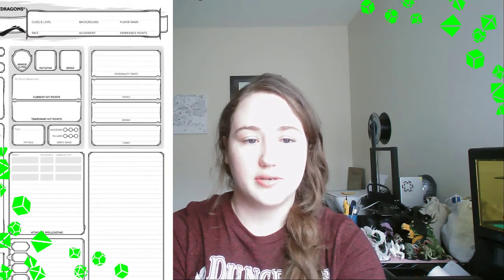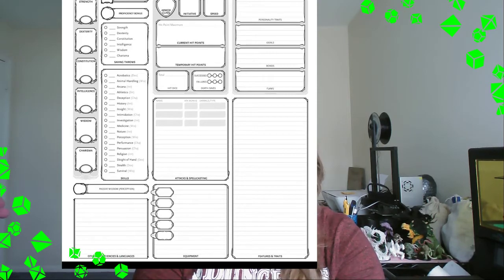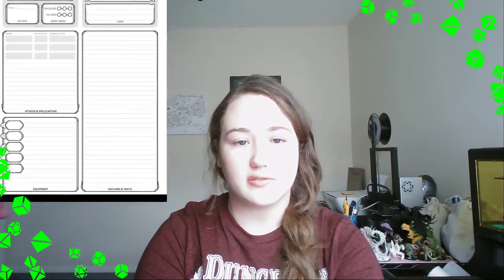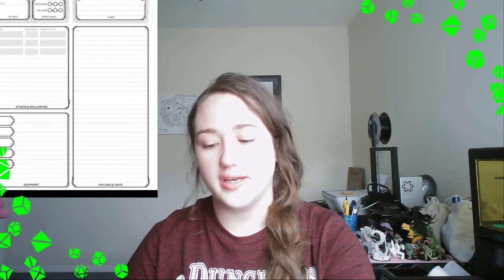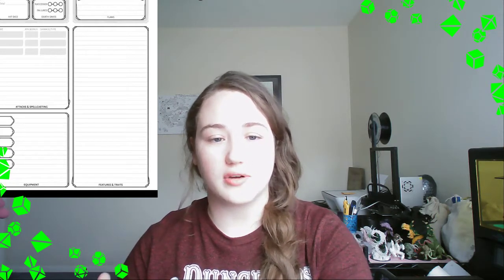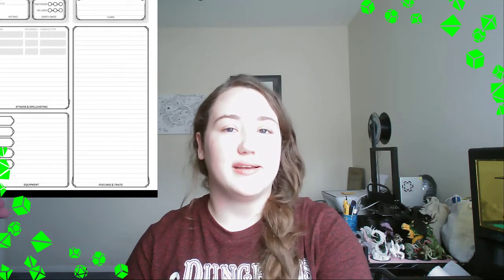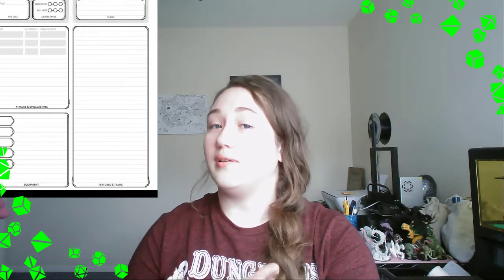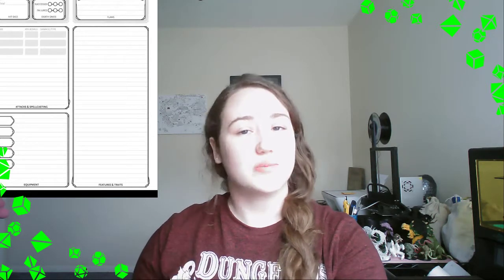Alrighty, so we went over that. Now the next thing I'm going to go over is this small little box all the way down here called Features and Traits. This box is one of the ones that is determined mostly by your race and your background. Like I was saying before, sometimes your race, like a tiefling, may give you the ability to cast certain spells at a certain level once per day.